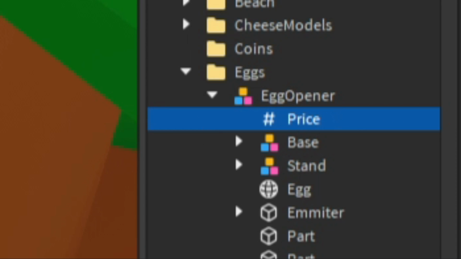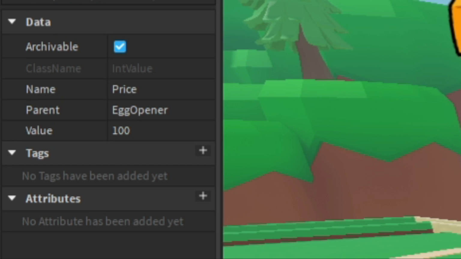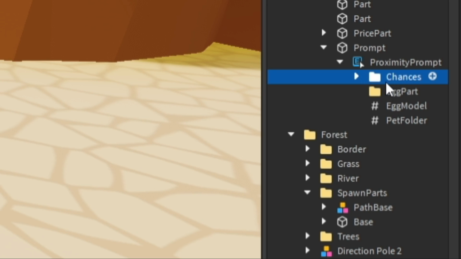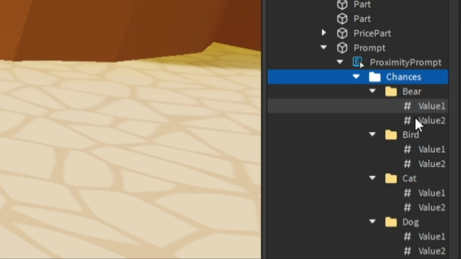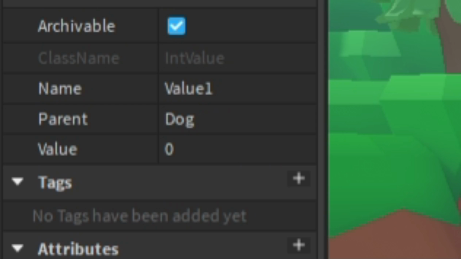Okay, so I added an int value into the egg, which will store the price. As you can see, it's 100 right now. Okay, so I added a folder called chances into the egg. It stores the names of all the pets, and each pet has a value 1 and a value 2. So it will generate a random number between 1 and 1,000, and if that number lies in the range of value 1 or value 2, then it will be that pet. For example, with value 1 on the dog, it's 0 and value 2 is 400, meaning it has a 40%